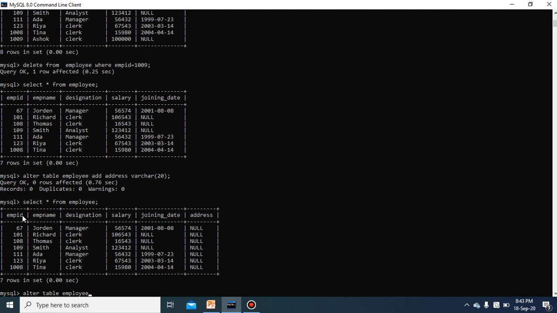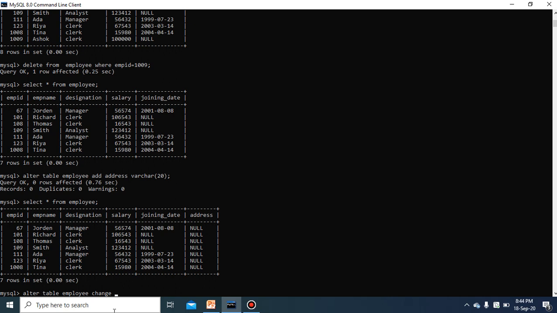Alter table employee, and the keyword that you are going to use is change. To change the name of the column, you will use the keyword change here. The name of the command would be the same, only the keyword you change for different purposes. Alter table employee change, and then you write the old column name and then the new column name.